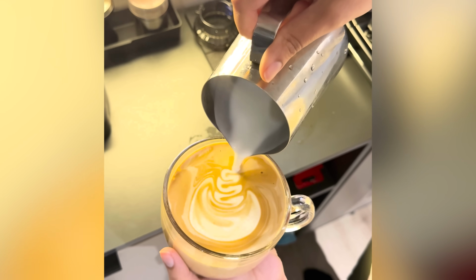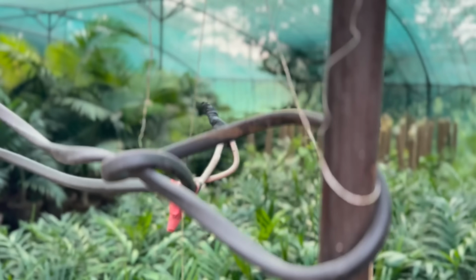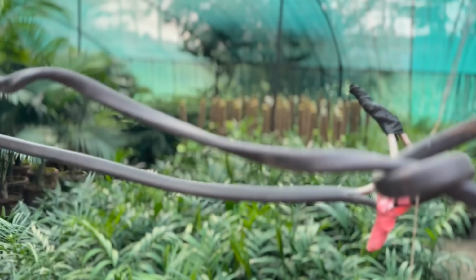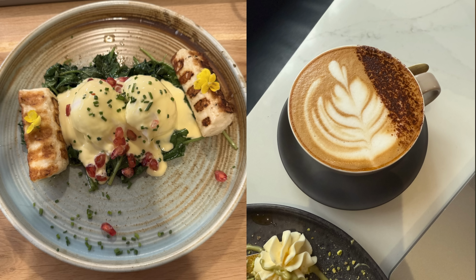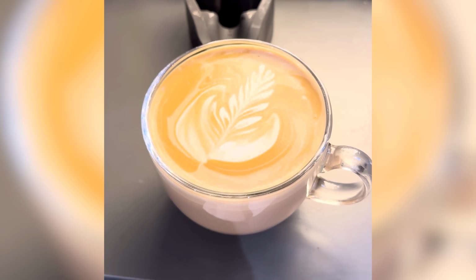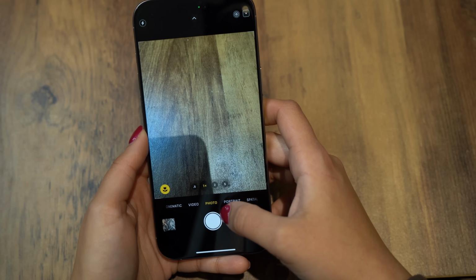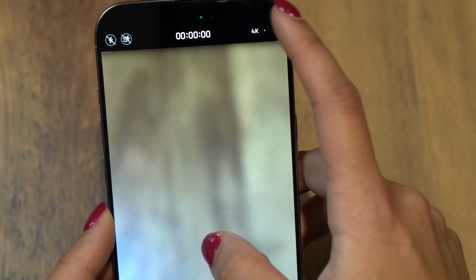The built-in stabilization also makes videos look very smooth, and you have the dedicated cinematic mode, which makes shots look crisp and beautiful. So what's really good about the iPhone is that even with limited camera knowledge, you can shoot some very amazing looking videos, and I think that is what appeals to people a lot. You also have a nice variety of recording options with up to 4K in a bunch of different frame rates